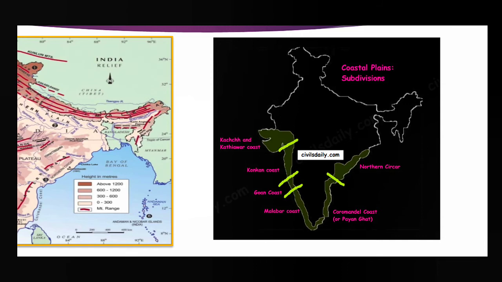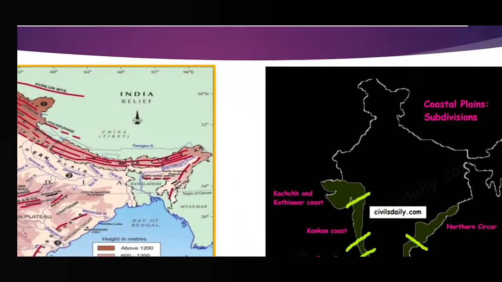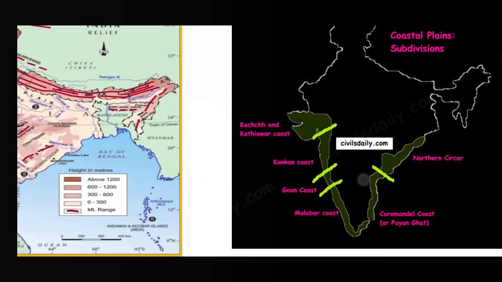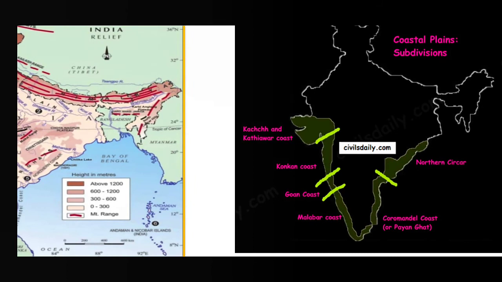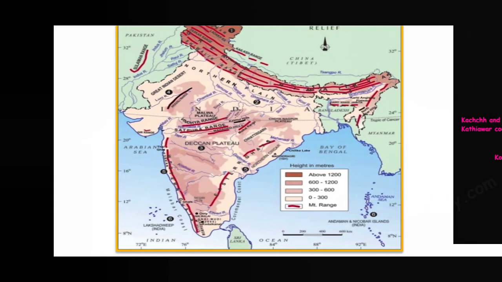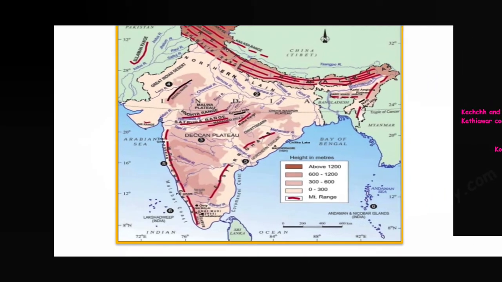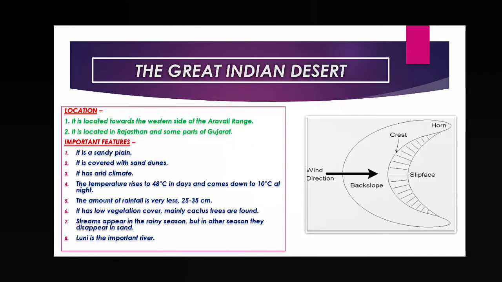Overall we can call it the Konkan coast. You can also say the Gujarat coast is called the Kutch and Kathiawar coast, and then from the last portion of Gujarat up to or before Goa, that is Konkan, and the Goa coast is a different division, but we are mainly taking Konkan, Kannada and Malabar. Konkan means Gujarat to Goa, then Karnataka comes under Kannada, and Kerala comes under the Malabar coast.